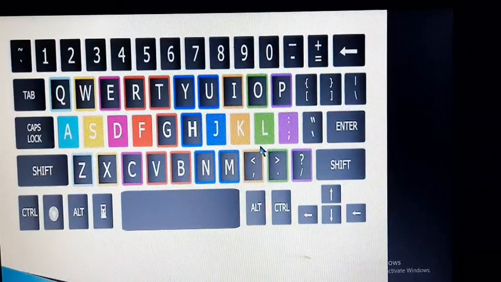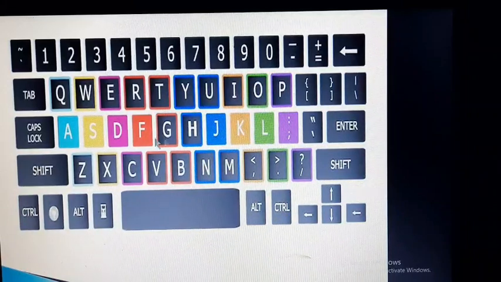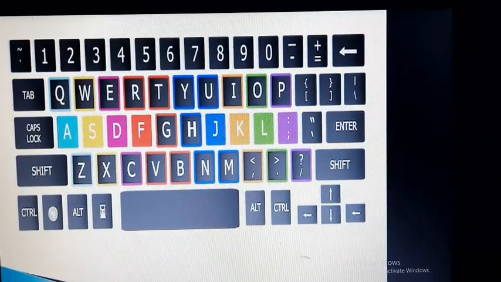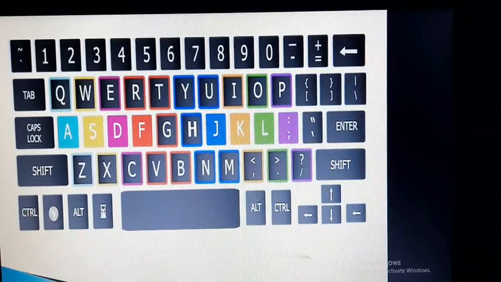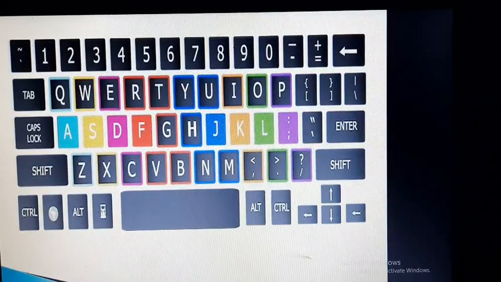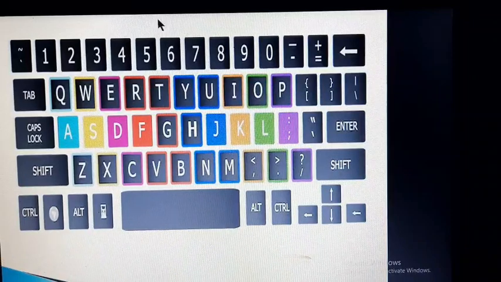Second one is do not look at the keys when you type. Just slide your finger around until they find the home rows. You should not see the keyboard while typing. You just rest your fingers there on the home rows and slide your fingers to find the keys below and above the home keys.